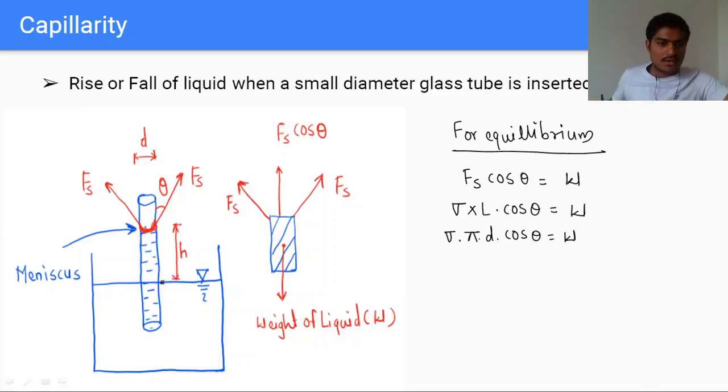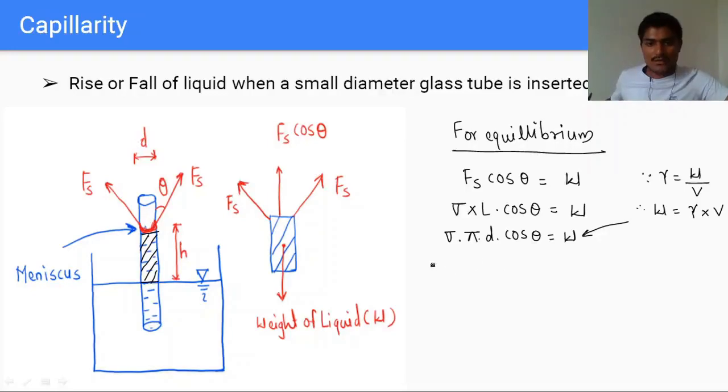The water which is raised above the surface, this much weight we have to determine. If I have to show on the diagram, this weight of fluid we have to equate with this Fs cos theta. So how can we determine this W? Since we have the property that unit weight gamma is nothing but the weight by volume, this is the basic term. So from here, to determine the weight, can we have the weight density into volume? Of course. So simply we are going to replace this W with weight density into volume.